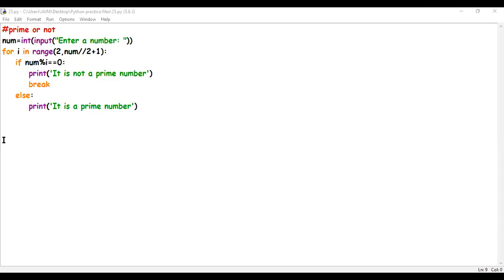Okay. So over here now we have a prime number or not. So again, first we will understand the code, and then you will have to learn to apply both prime numbers up till 50 or the first 5 prime numbers. Same logic will be applied. So I'm not going to show you those two codes now. I will only teach you the logic of prime number code, and you will have